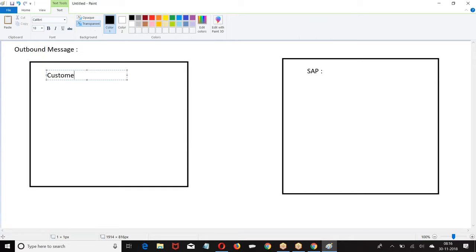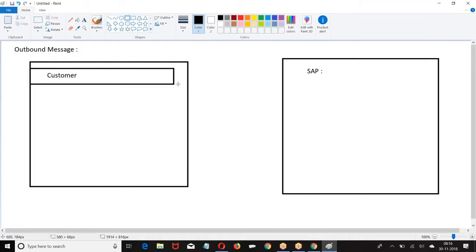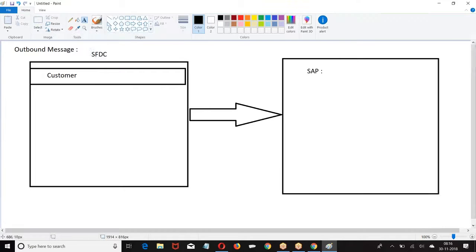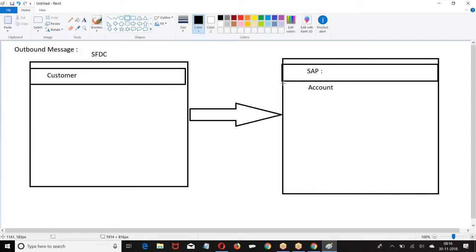Now I have a customer object. My requirement is whenever a new customer is created in the Salesforce, automatically this record should be submitted to SAP, where these SAP people will create, let us say, a table called account in which they want to create.